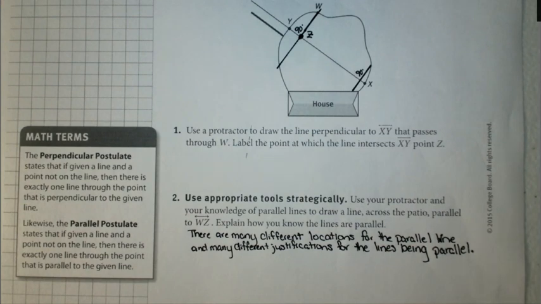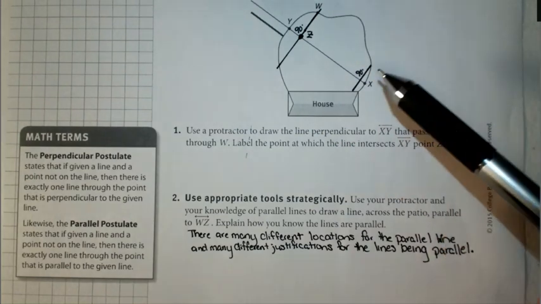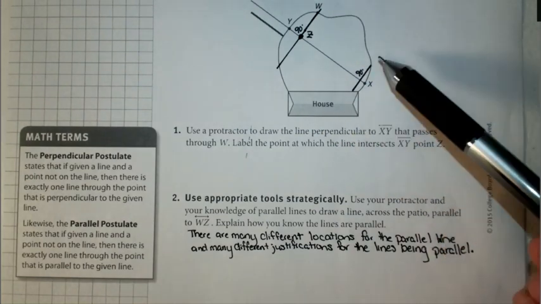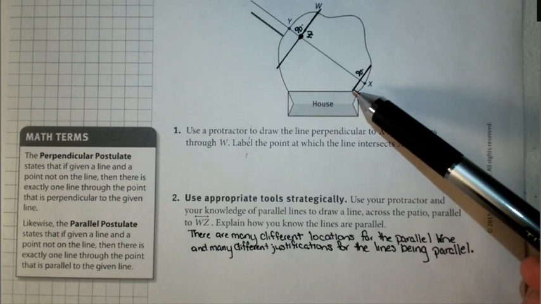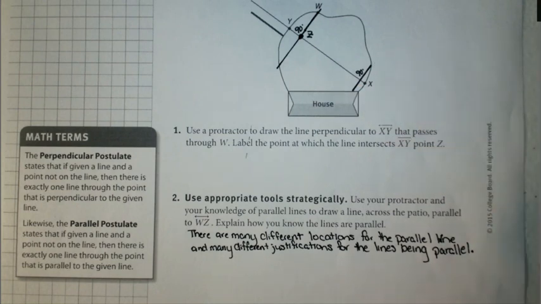it says use your protractor and your knowledge of parallel lines to draw a line across the patio parallel to WZ. So I want it parallel to this line segment right here. So what I did was I drew another line segment right here that extended in the same direction at the same speed or rate. I said there are many different locations for the parallel line and many different justifications for